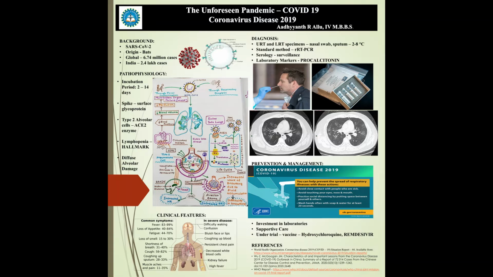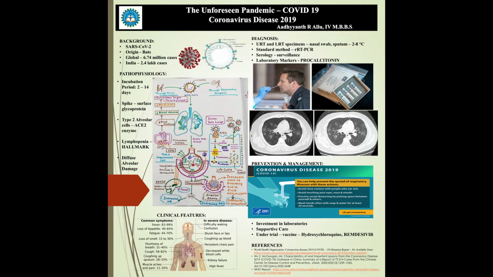The lab markers which can predict severe disease include increased neutrophil count, increased bilirubin, increased liver enzymes such as ALT, AST, and increased creatinine, as well as elevated procalcitonin, which is important because it is seen to be elevated in patients who are admitted in the ICU due to bacterial superinfection. Other markers include decreased albumin and decreased lymphocytes, lymphopenia being the hallmark of the disease. On CT chest, as you can see here, there are bilateral multilobar ground glass-like opacities, which are distributed more in the periphery, a little posterior, and asymmetric in nature.